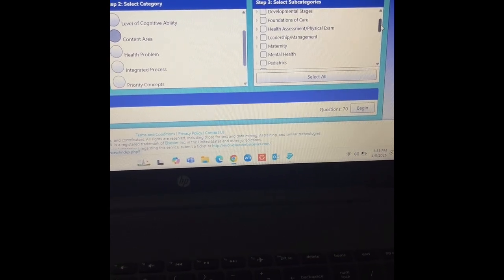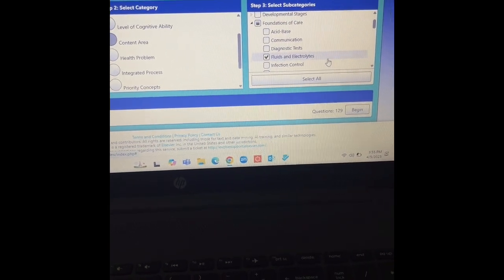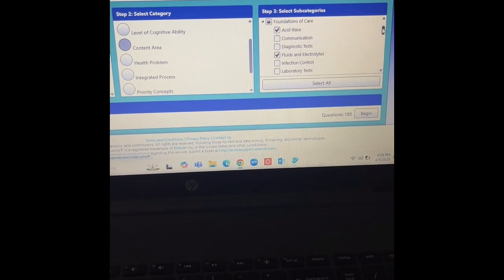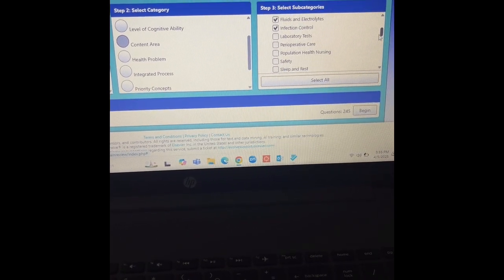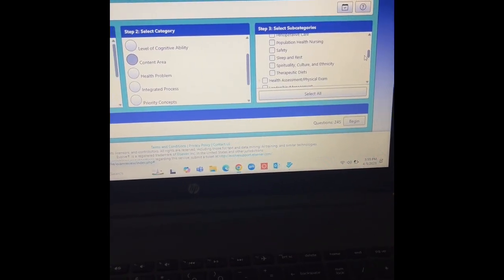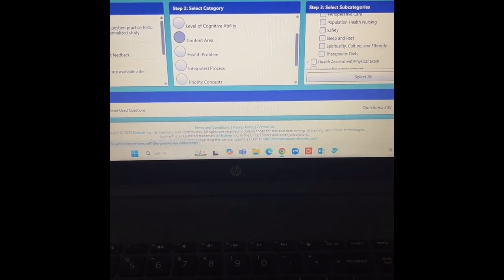And let's see here. Foundations of care, fluid and electrolytes, acid base. And again, infection control, safety, sleep and rest. These are the exact content names of the chapters in these foundations books, and these are